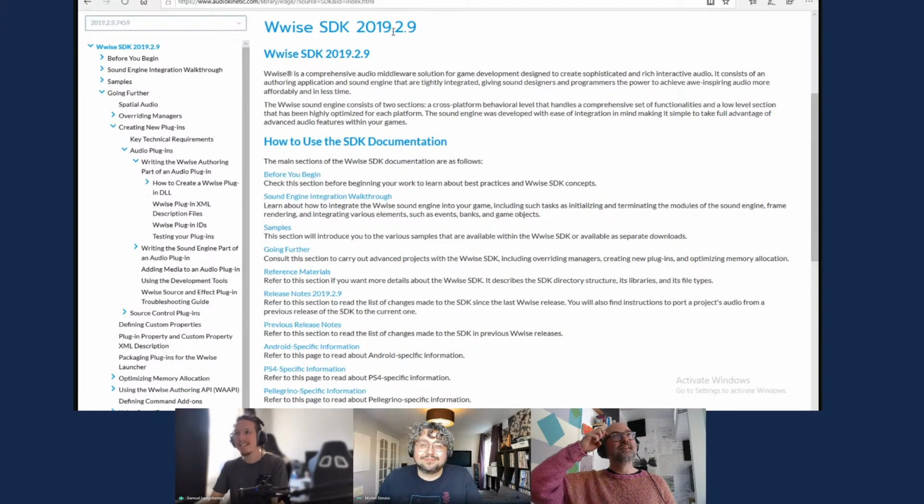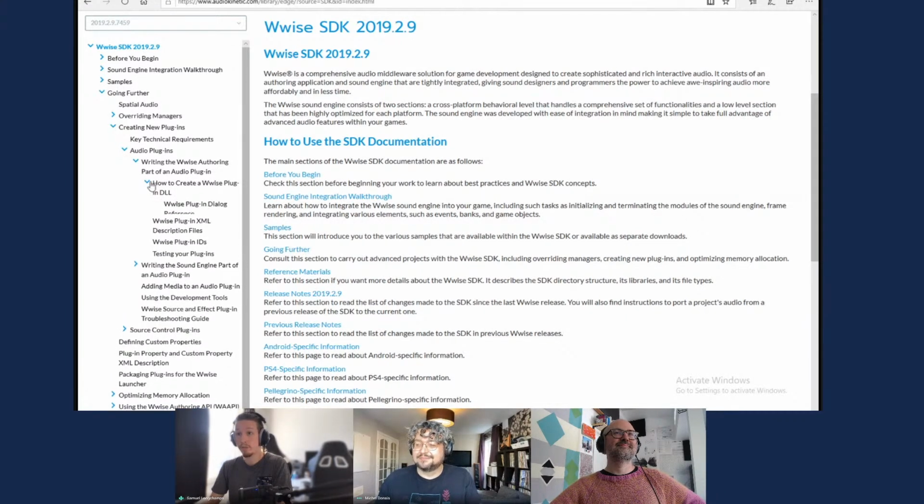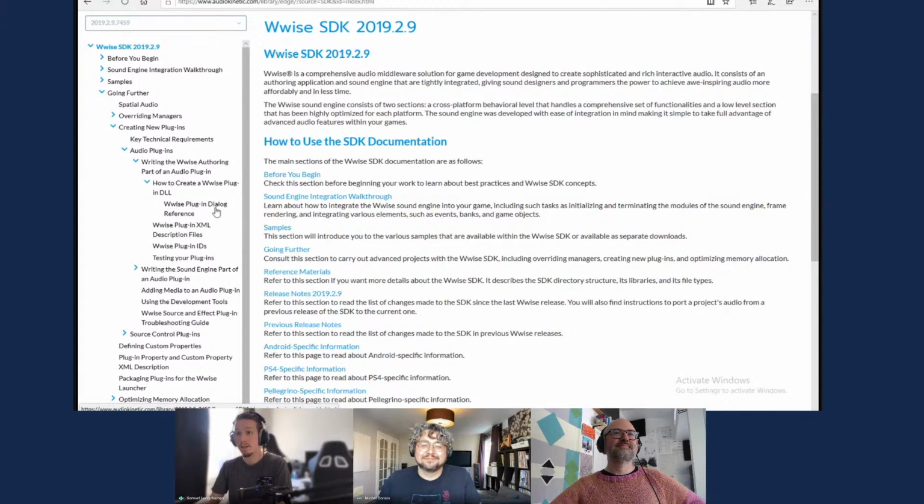So in the Wwise SDK documentation, you end up on a page where everything is collapsed. Let me just show you where the documentation is. It's under Going Further, Creating New Plugins, Audio Plugins, like we're doing. Last time we went over the SoundEngine part. Right now we're going to the Wwise Authoring part. Under the Wwise plugin DLL, that's what Visual Studio is going to generate for us, we have a Wwise plugin